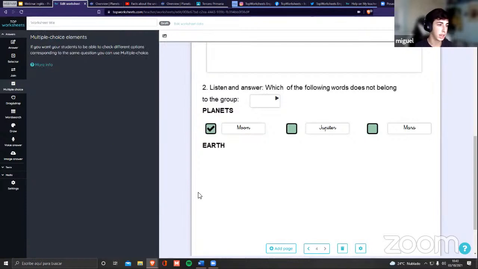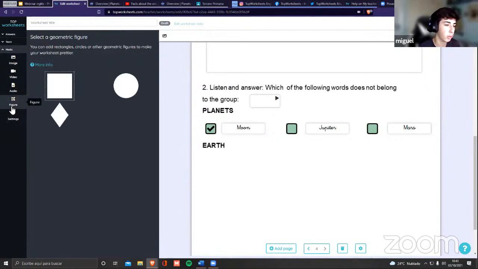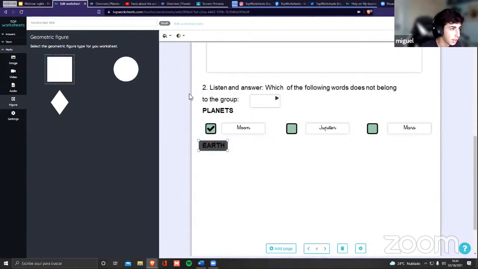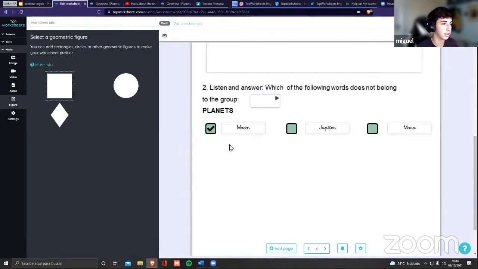So that's it. If we want to delete something, for example, another category of the exercise, we can use the figure. You can add some figures to your worksheet, but this tool is used to make your worksheet more beautiful. It's often used when you are making your worksheet from scratch, but you can use it also to do this. Okay, as you can see,